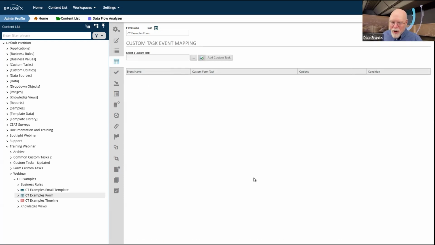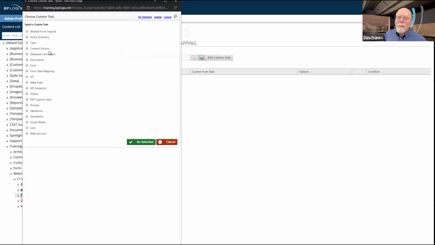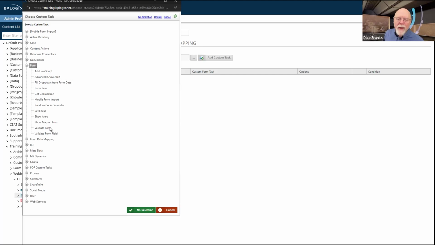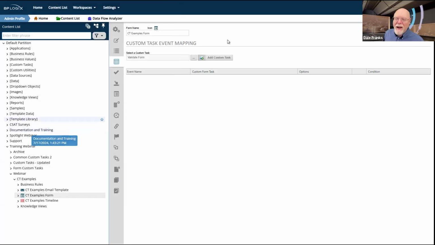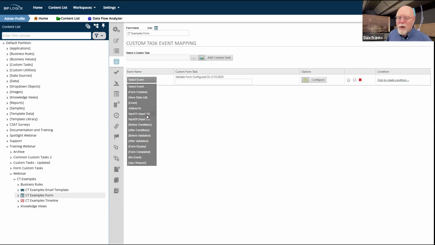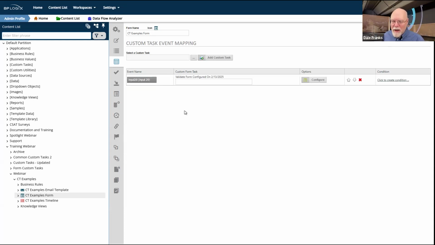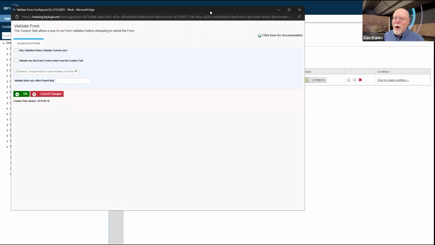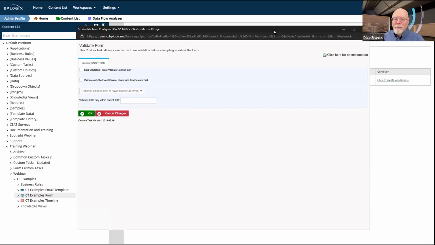I removed all of those set focus events, but I still have the events themselves. So we're going to go into form and pick validate form. We're going to add that custom task on the input 20, which is my non-array field. We're going to do it when that field event fires, and now we have to configure what validation we're going to use.